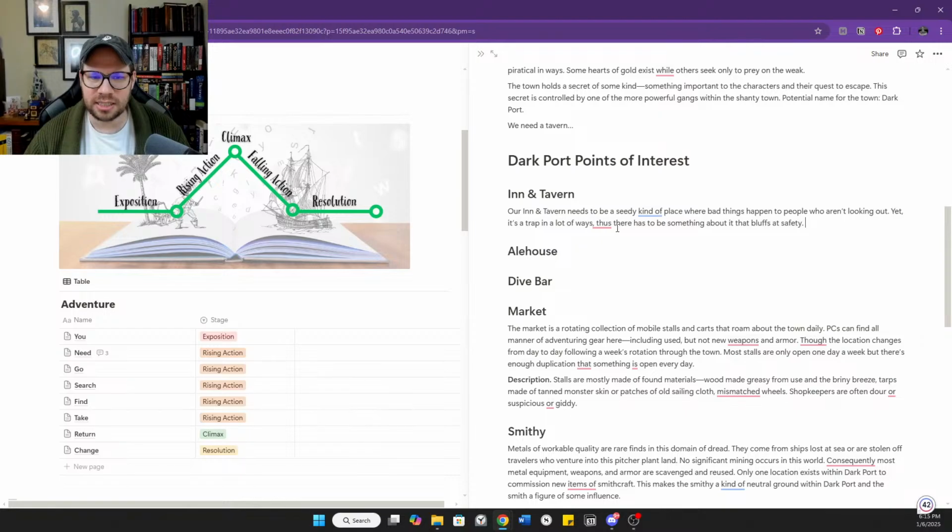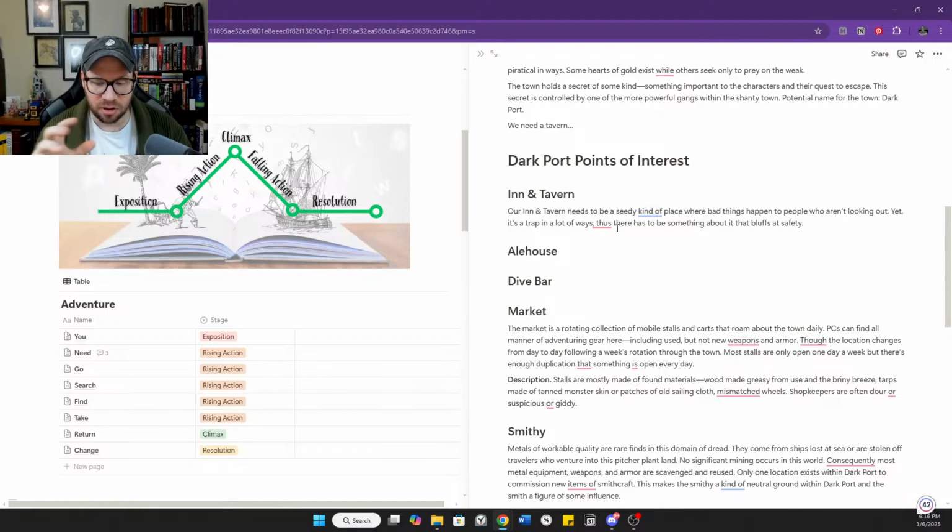So, what is a place? What would be the features of a place that would seem like it might be a safe haven, but that there would be a few little things in there that would make you sort of question the kinds of people who frequent this spot here? I think maybe it should be crowded.